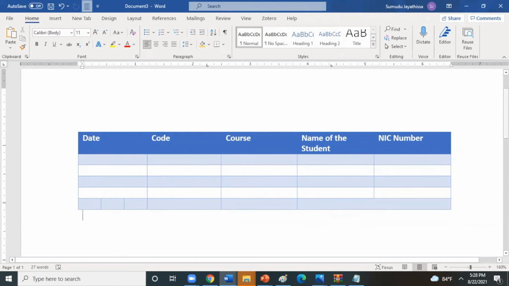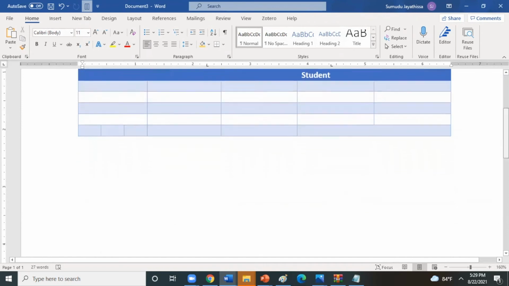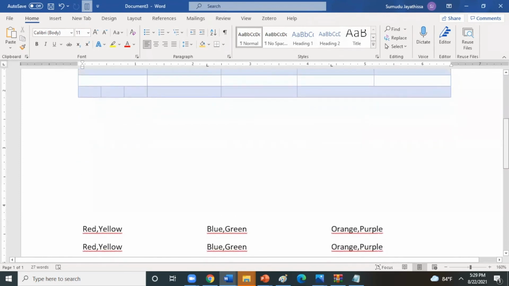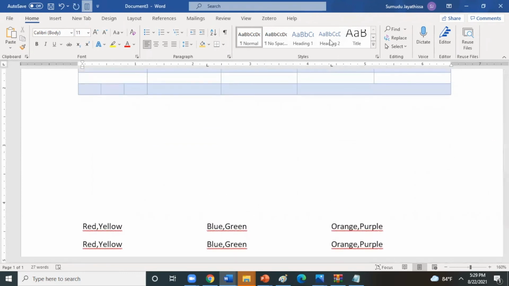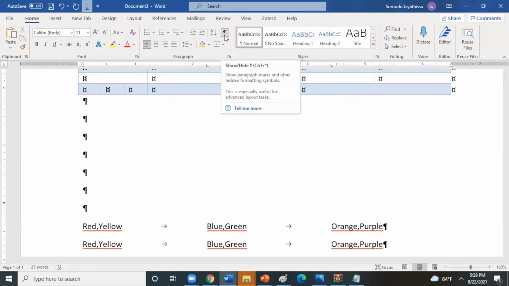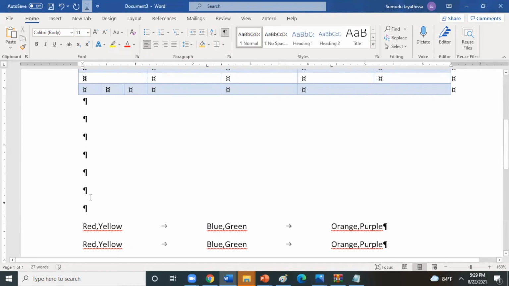Moving on, when you convert your text to table, I have this example. For that, you need to make the formatting visible, the show and hide formatting markers. This shows the paragraph markers and other hidden formatting symbols. When you open this, you will see all the formatting symbols you have used.